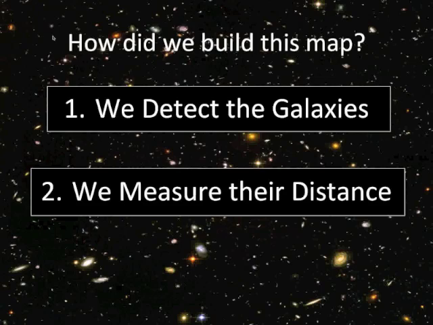So this is actually very important, because any theory or any model for how galaxies form and evolve throughout the history of the universe has to account not only for the formation of a single galaxy, but it also has to explain why galaxies are distributed in this large filamentary structure throughout space, right?